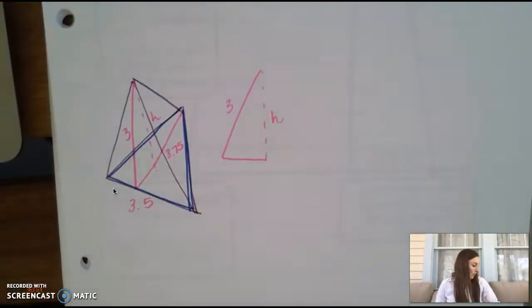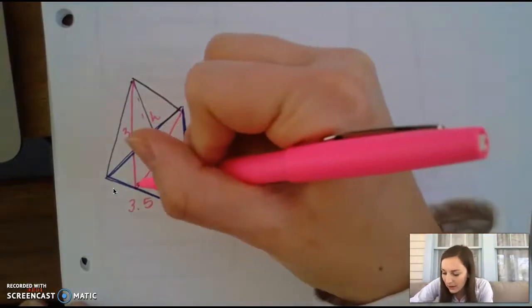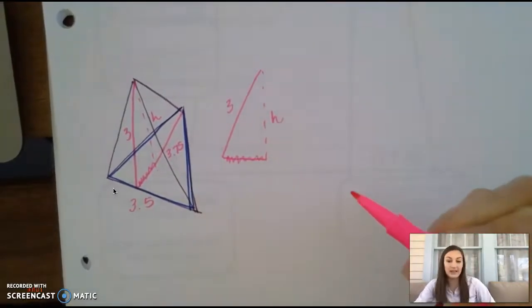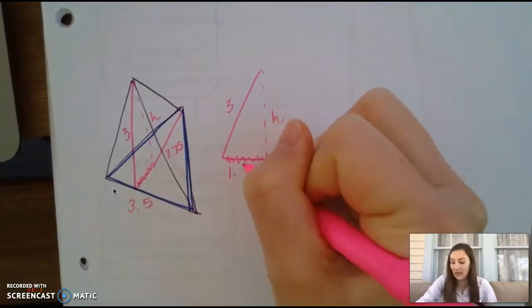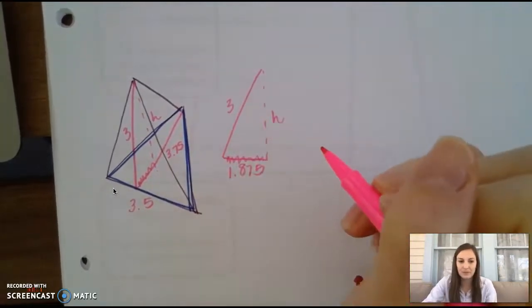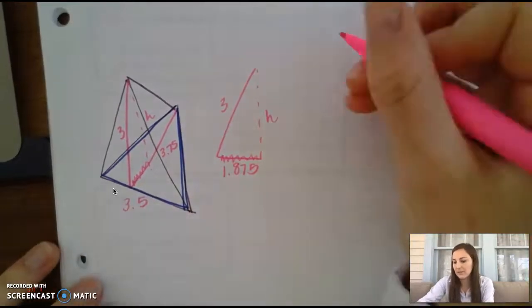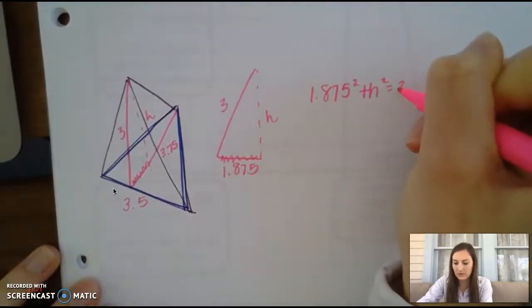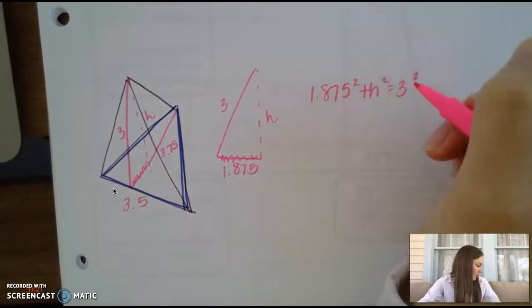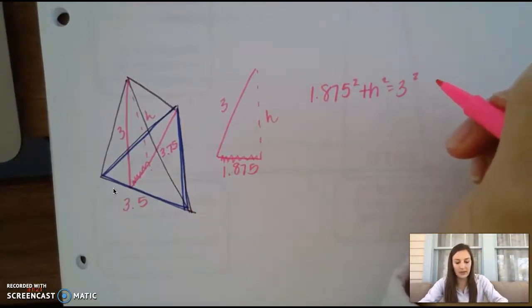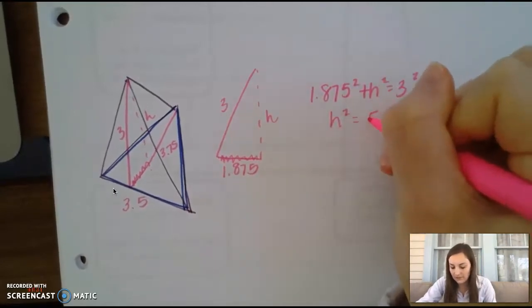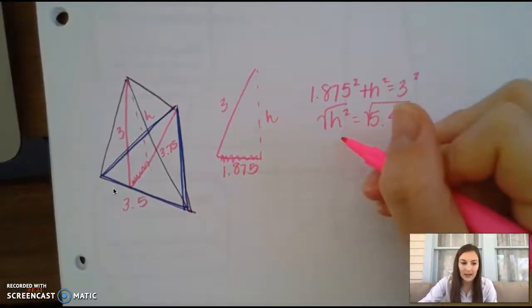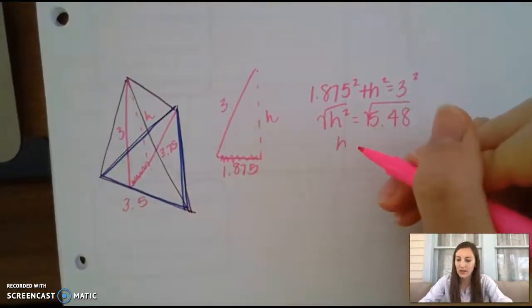And now I need to figure out what half of my base is, meaning figuring out what this length right here is. Well, I just do 3.75 and I divide that by 2. So this is going to be 1.875. So now I need to use the Pythagorean theorem. So I can say 1.875 squared plus h squared equals 3 squared. So then I'm going to get h squared equals 5.48. I'll take the square root of both sides, and h equals